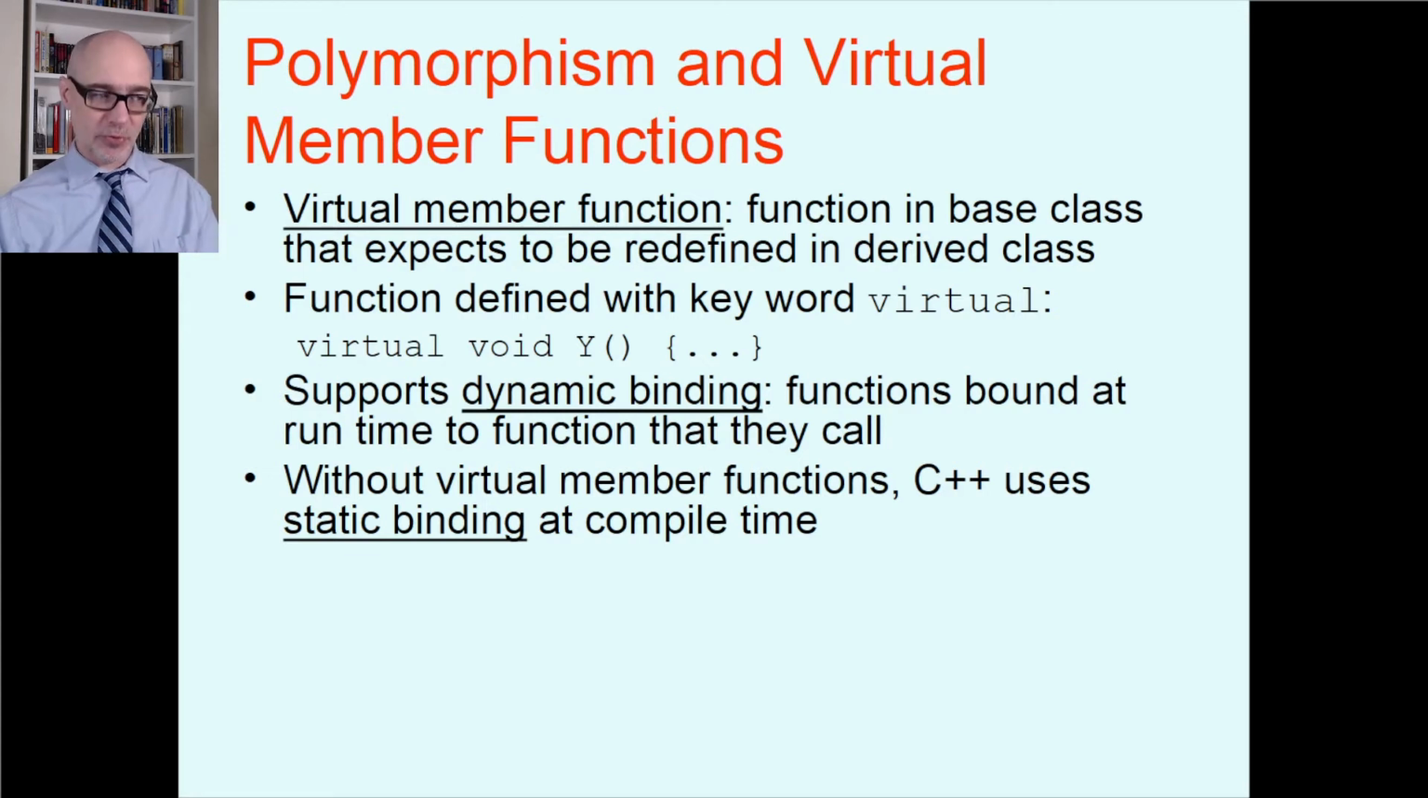Now you see that's different from what happens without the virtual tag. Without virtual member functions, C++ uses what's called static binding, whereby when you compile the program, it just locks down the pointer function calls to whatever's in the base class. And of course, that's really more efficient. It's faster, so why not? Just lock it down. I got a pointer to a graded activity, the function's in the graded activity class,